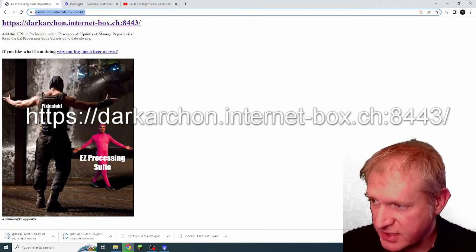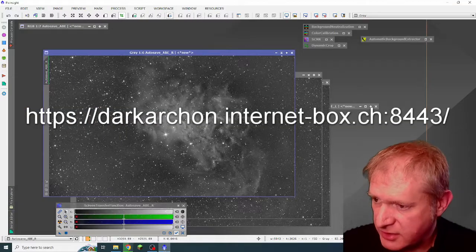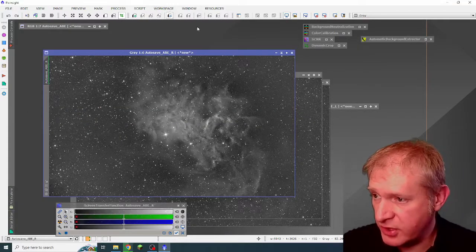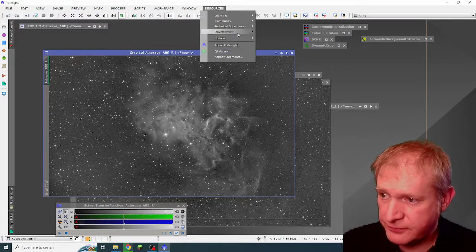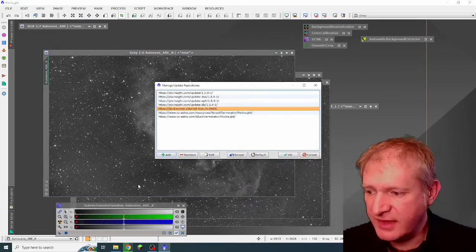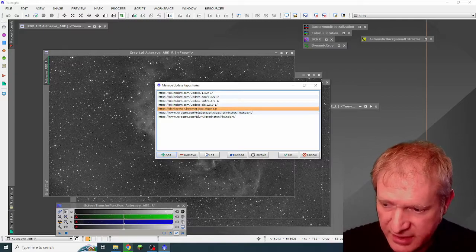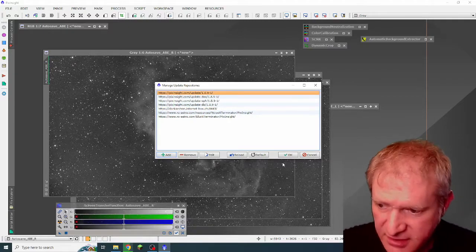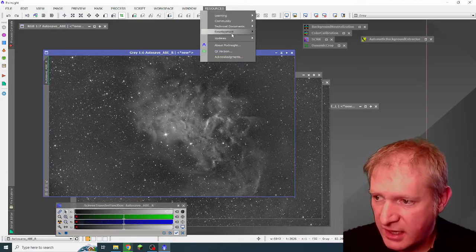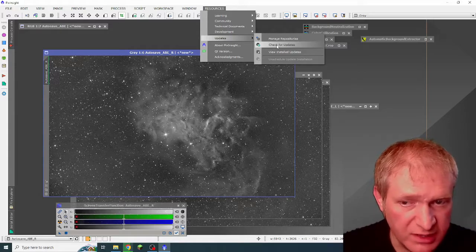You go Resources, Updates, Manage Repositories, and then it will download the Easy Processing Suite for you. So that's Resources, Updates, Manage Repositories, and then we click Add and we add that web link there. Once you've added this, click OK and then go to Resources, Updates and check for updates, and PixInsight will install